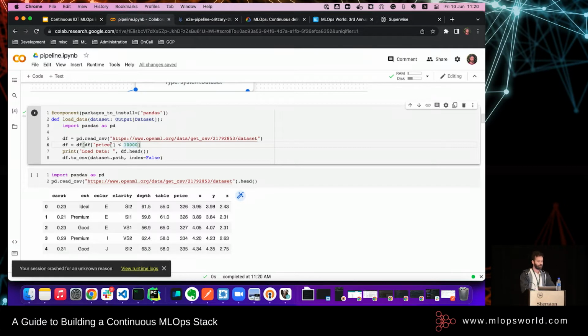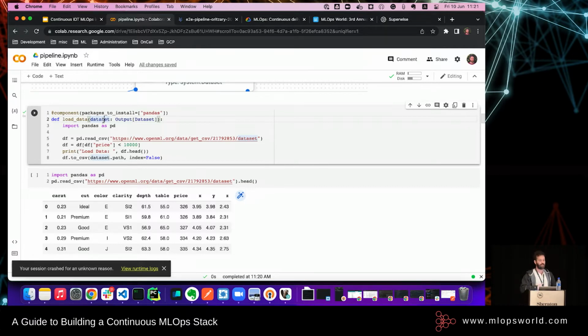Okay? And then something in addition to it, there is a type hint in here, which is a bit weird. And what this actually tells Kubeflow is that on the fly, while this pod is up, there will be an output object of type dataset that will be allocated to that run. Now, this object will have a few attributes. One of them will be a path attribute, and Kubeflow will define some path within the workflow bucket, and then we'll be able to read and write data to it.